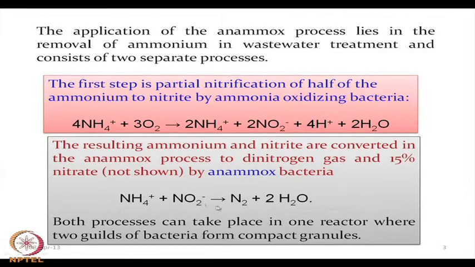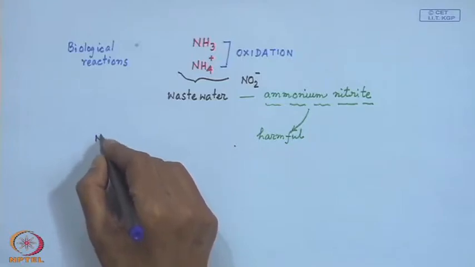And in the second step, we have these two species, that means in solution we have both ammonium ion as well as the nitrite ion. So, this is the corresponding anaerobic reaction, which does not require any oxygen. So, it is in typical anaerobic condition. In typical anaerobic condition, when half of the ammonium ion has generated nitrite ion, the presence of this ion is important. So, the generation of this NO2-